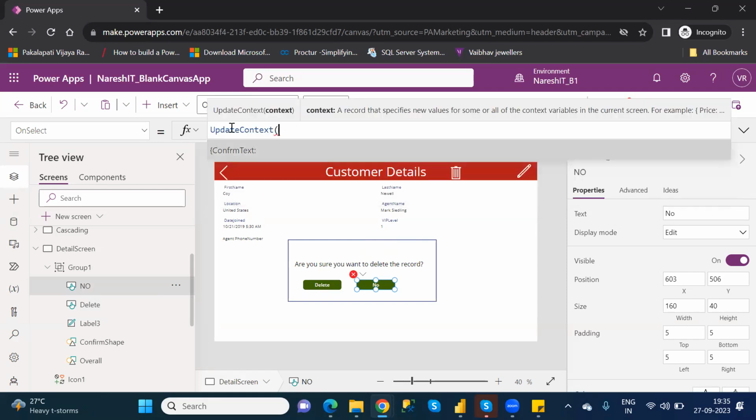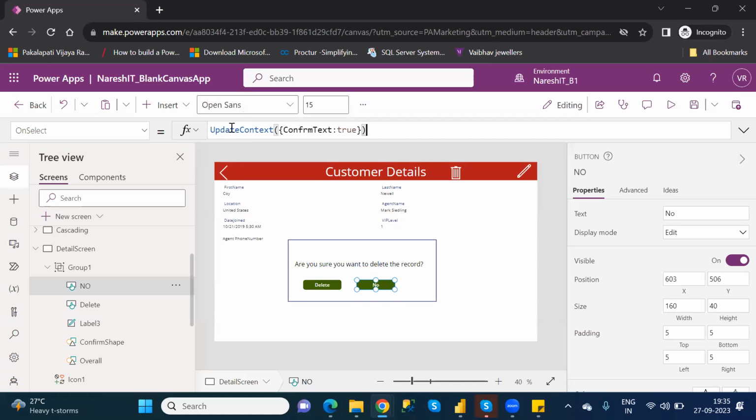Okay, and here the confirmation message, it is true again, need to be activated. Now, this is the complete process, but still it is not complete. Why is it not completed?